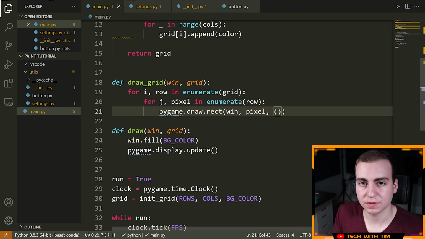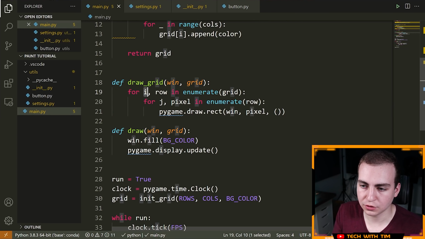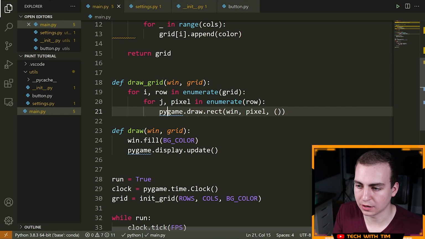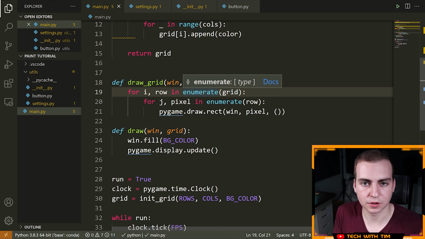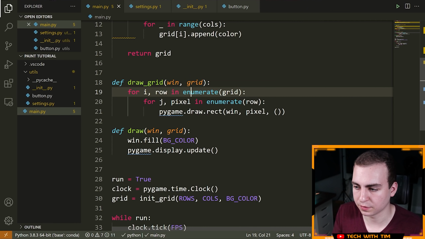Now to figure out the x and the y, we need to know where this pixel is in our grid. The way we do that is by looking at what we're at in the current iteration. So if we're on a pixel that's in row 2, column 3, represented by i, j, we need to figure out where on the grid that actually is in terms of x, y positions, and then draw the rectangle there appropriately.